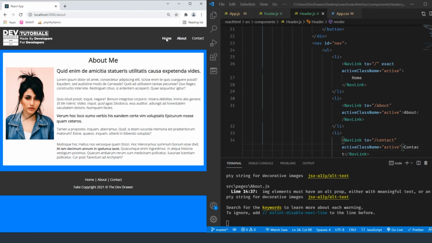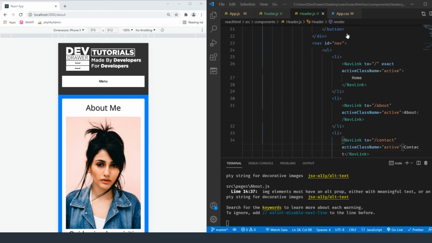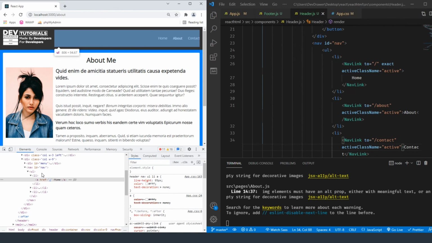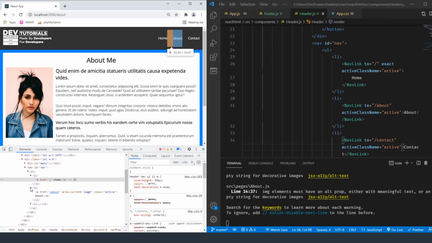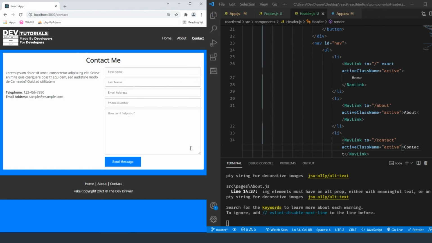that we're on. And if we inspect here, let me pull that so you can see it, remove that. We can come over here and see that our about has the current page and the class is active. If we switch over to our contact, you can again see current page, class active, where it's no longer on the about. Okay, so that kind of puts us where we have our pages created,